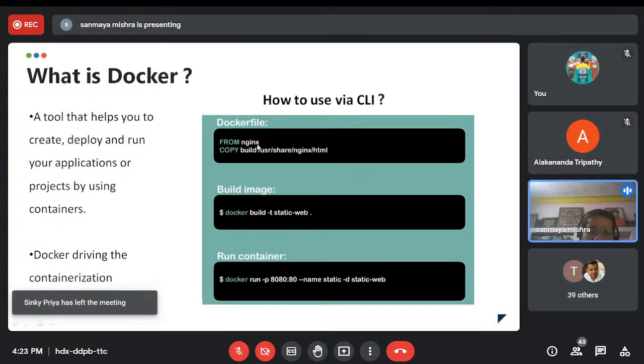Nginx is nothing but an HTTP server or HTTP web server. From Nginx, it is trying to just copy this HTML directory. So in this Dockerfile, if I run this particular Dockerfile, I'll get Nginx installed in my image. Now, for writing a container, what I need to do is first I need to